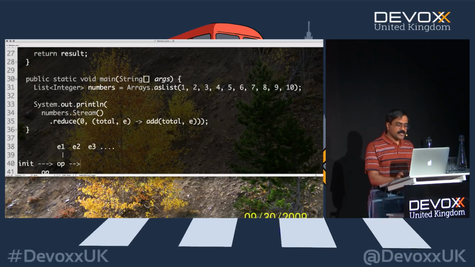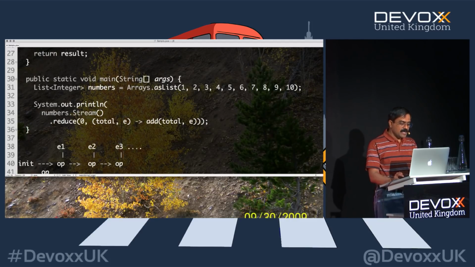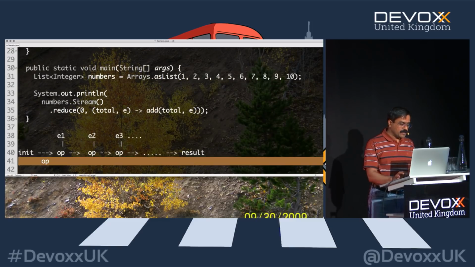That produces a result for us. We take that result and perform the operation once more, but this time with the second value in the collection. That produces a result again, and we apply the operation this time with the third value in the collection, and then that produces a result, and then we keep going until we get the final result out of this operation. That becomes the result of the entire operation that we are working with.